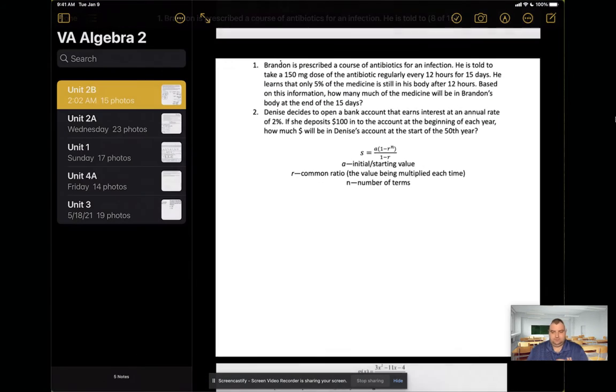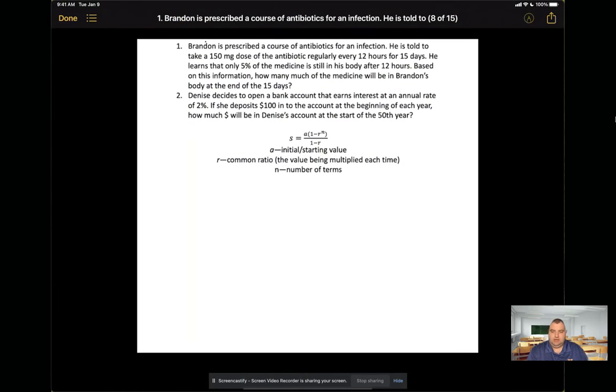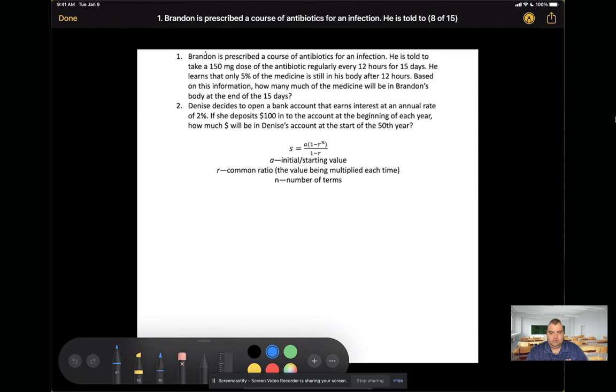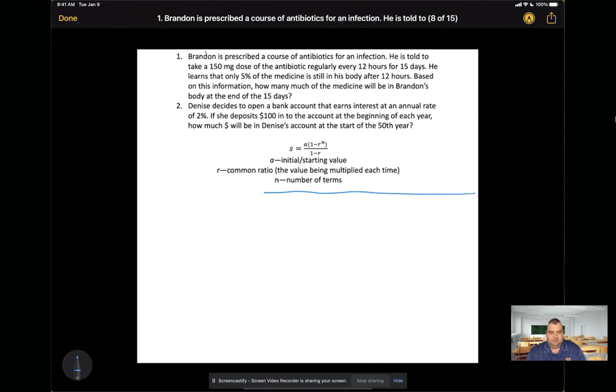Number 1, Brandon is prescribed a course of antibiotics for an infection. He is told to take a 150 milligram dose of the antibiotic regularly every 12 hours for 15 days. He learns that only 5% of the medicine is still in his body after 12 hours. Based on this information, how much of the medicine will be in Brandon's body at the end of the 15